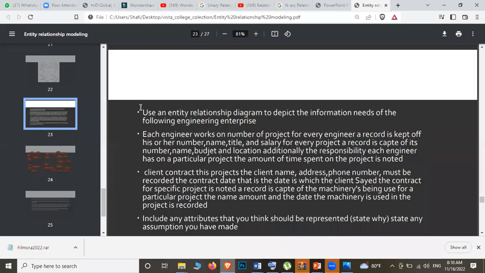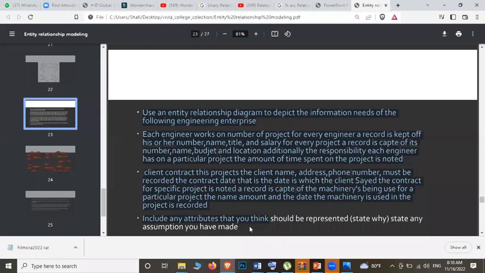So now we have this paragraph, right? That is why I asked you to take it down. Even if you have taken a screenshot, that is not going to help you. If you have written all the things, you can easily point out or highlight what the entities are going to be and what the attributes are.